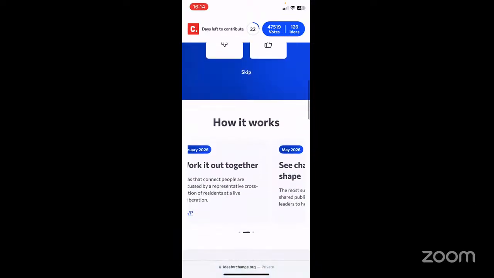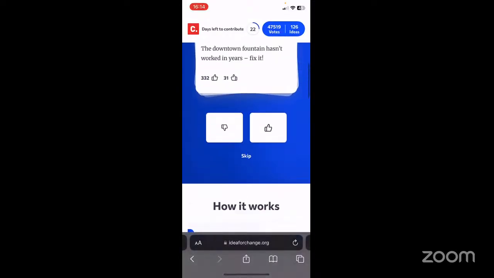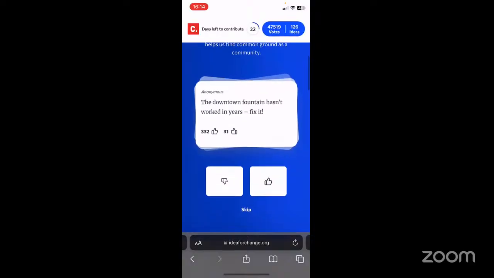And what kind of explanation, if any, would you expect if your idea didn't get picked? I don't really know if I needed an explanation. I think I would just want to be able to see the ranking of what the current top voted ideas are. It's pretty intuitive to me. If it's not highly voted on, then it might not get picked.